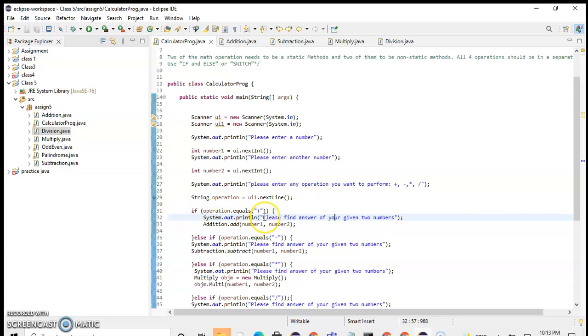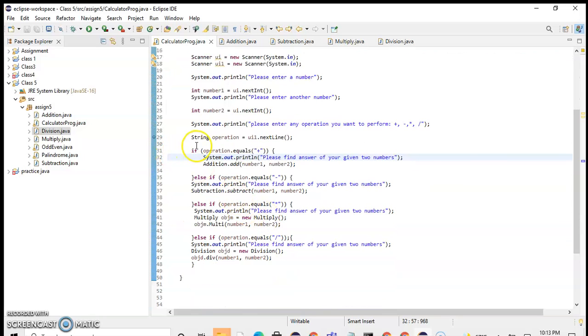For this I am using an if else function. So if operation equals plus, system.out.println, please find answer to your given two numbers. Addition, so I have to call the program from here.